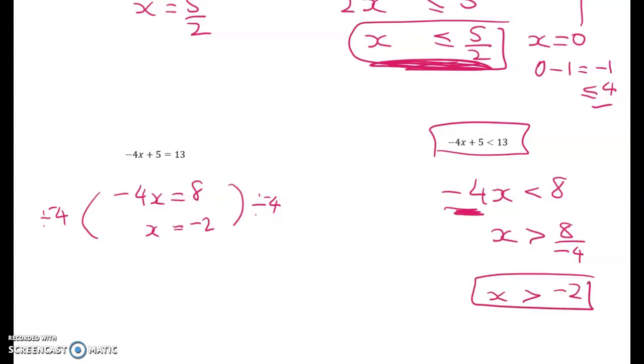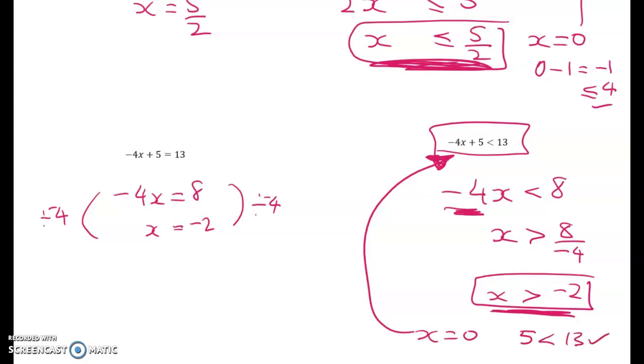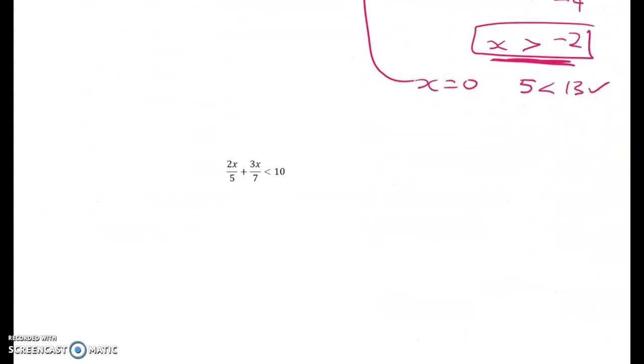And again, we can check that that works because x equals 0 should be in the solution set. Substitute it in here, and we get 5 on the left-hand side, and 5 is less than 13. Okay, now on to one